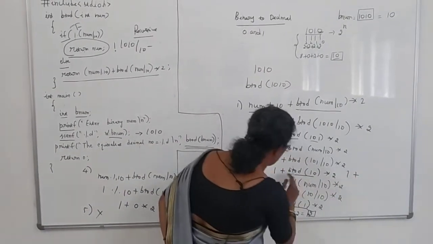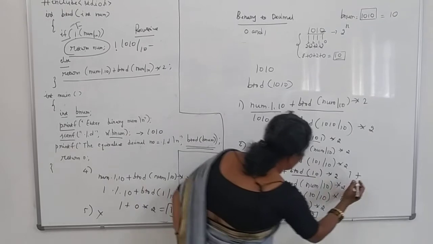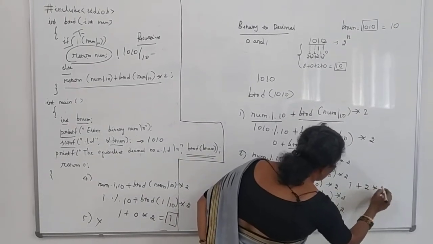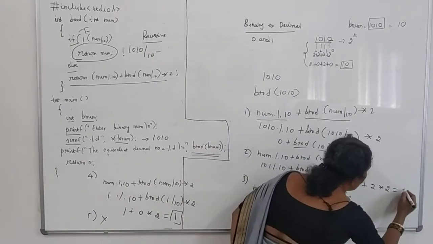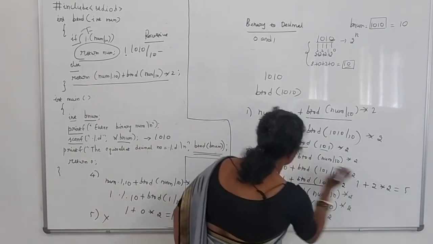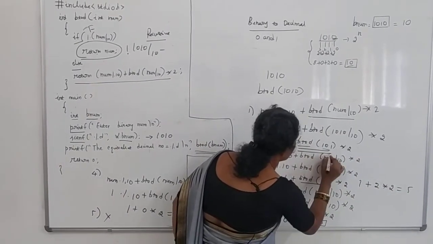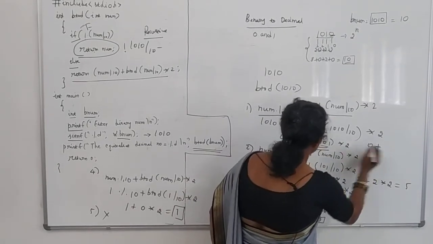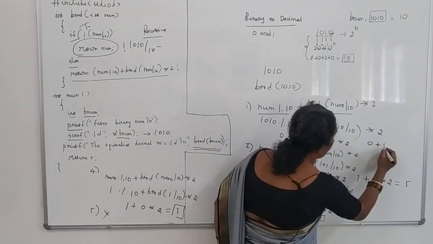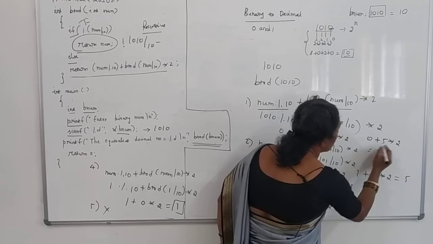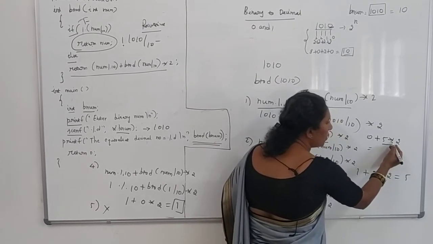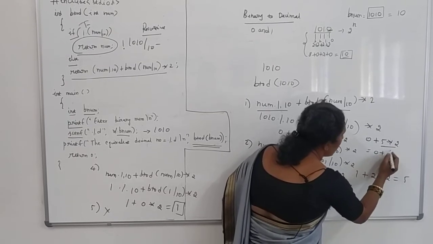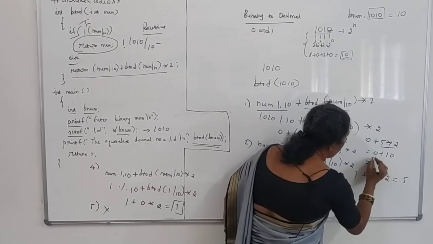One plus the 2 into 2. Okay, 2 times 2 is 4, plus 1 is equal to 5. And this value I should substitute in the place of here. 0 plus here the 5 into 2. So first the multiplication operation will be performed because the priority goes to multiplication. 0 plus 5 times 2 is 10, and then you get the 10.